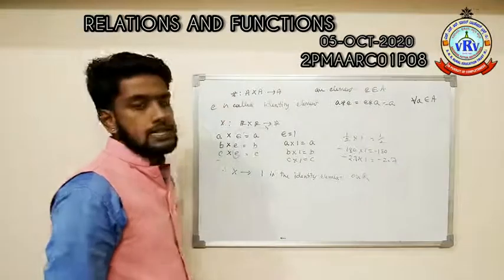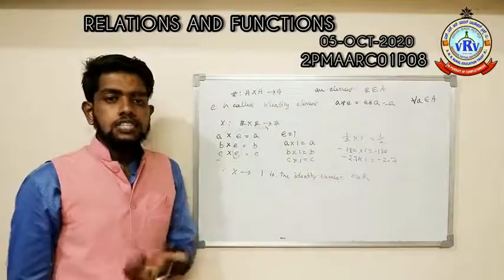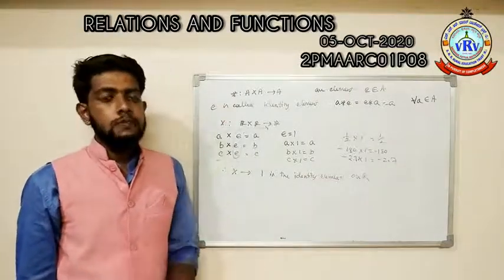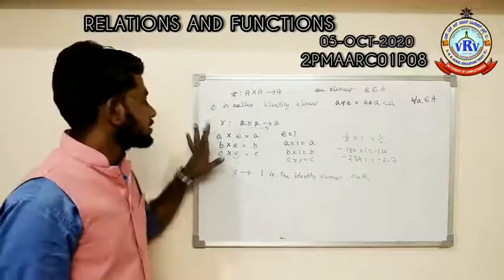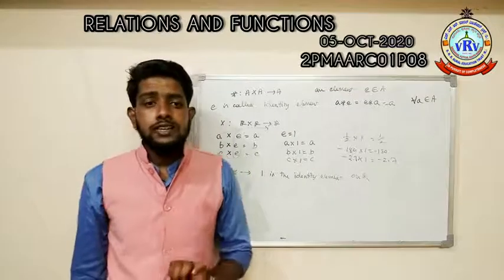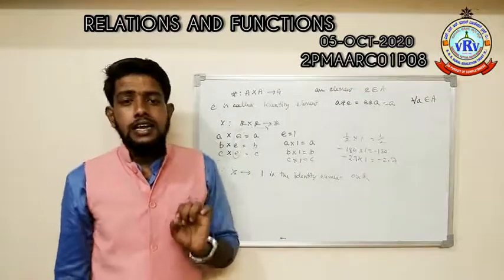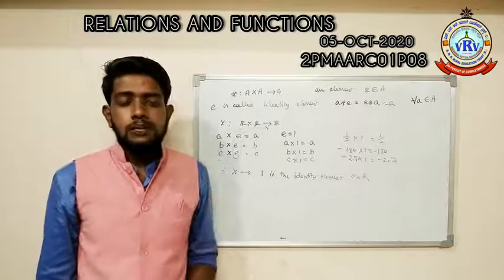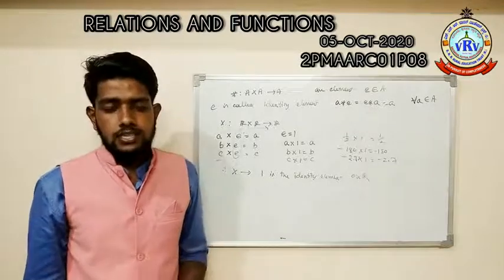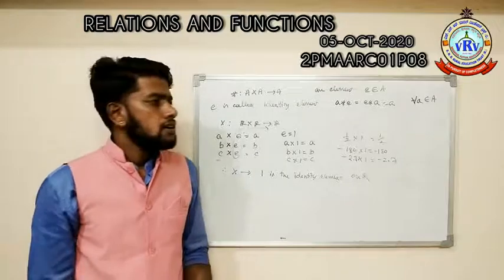Here 1 is the identity element. For addition, 0 is the identity element. For multiplication, 1 is the identity element. And in the case of subtraction and division, you are not getting such an element. If you subtract that element from any element on the set R, it will not return the same element. Because